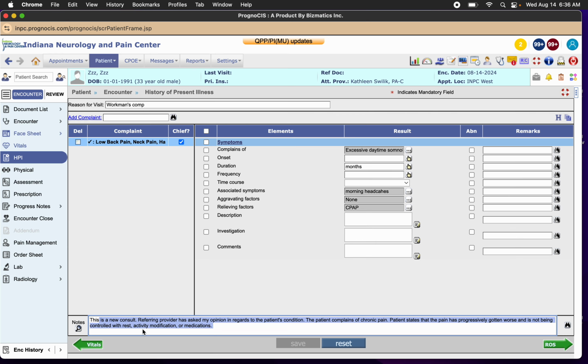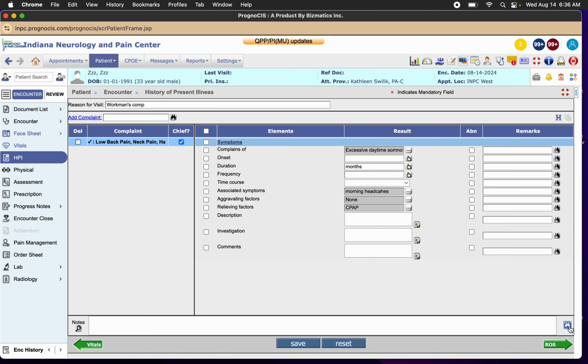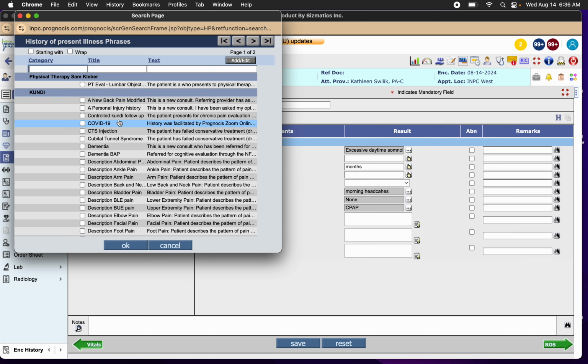This is a new consult. Typically, the order is that they'll have a new patient visit, and then they'll have an EMG, and then they'll have a follow-up. And once you get to the follow-up, we no longer want "this is a new consult." So we're actually going to Control-Alt-Delete that, and we're going to search for a controlled follow-up, and that is the